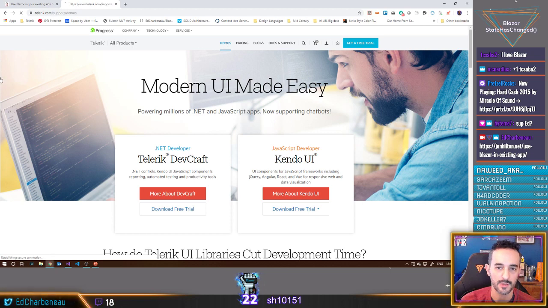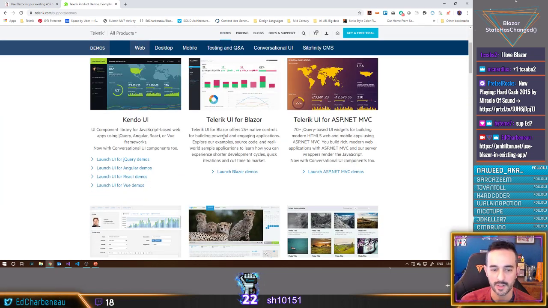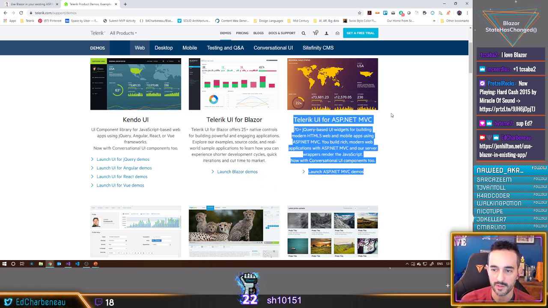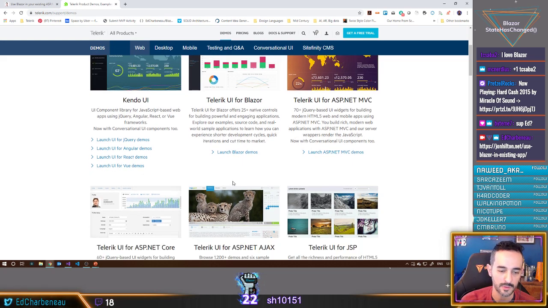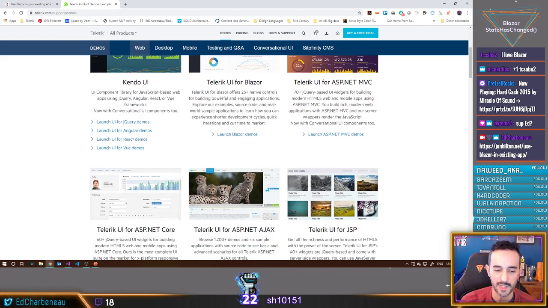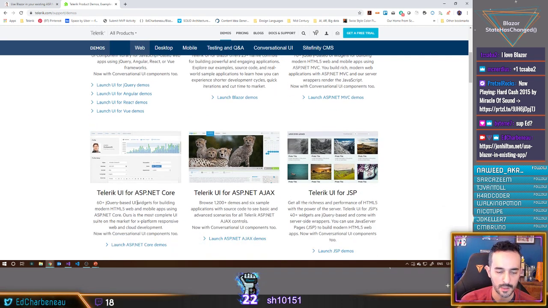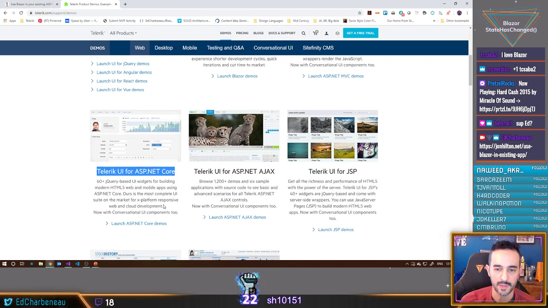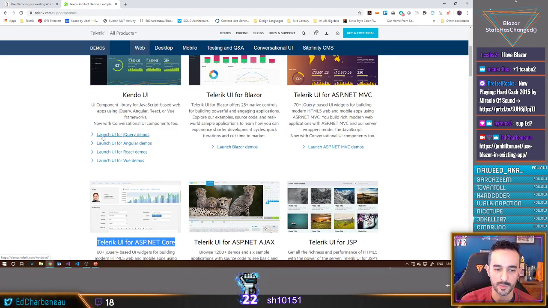Let's look at some Telerik stuff for an example. I could use from the Telerik side of things. We have native components. We're going to skip over that for this discussion. We have ASP.NET MVC components. We have core components. We could actually use any of these, and we could wrap them. The easiest way to do this would probably be to go